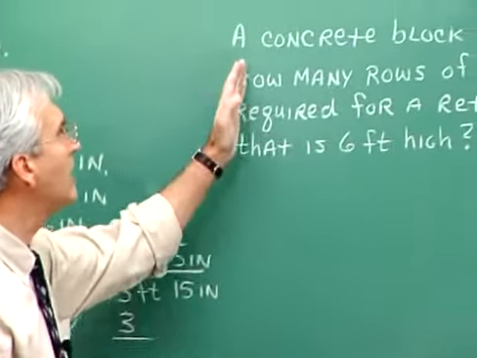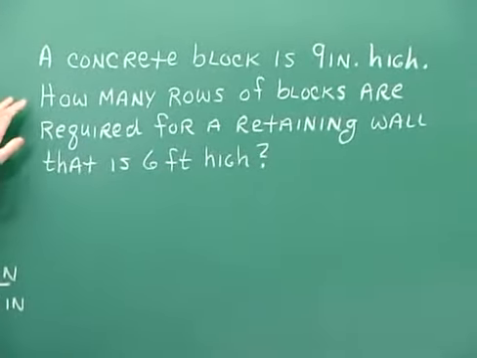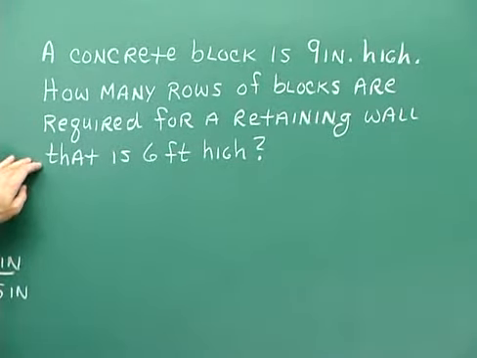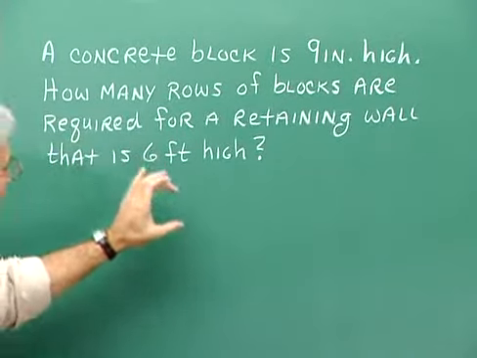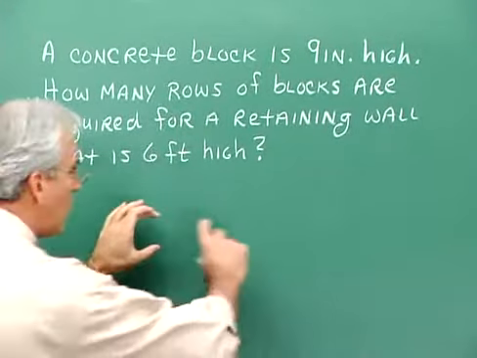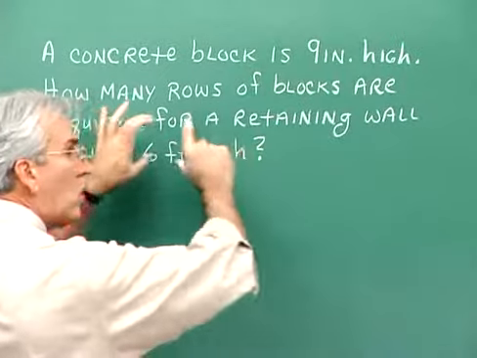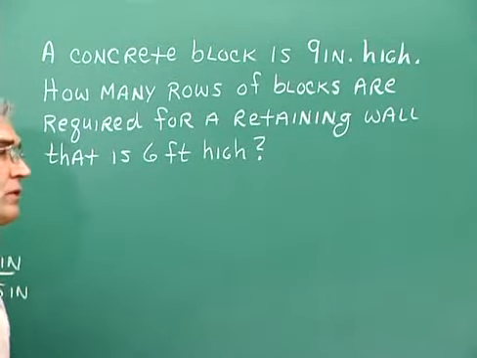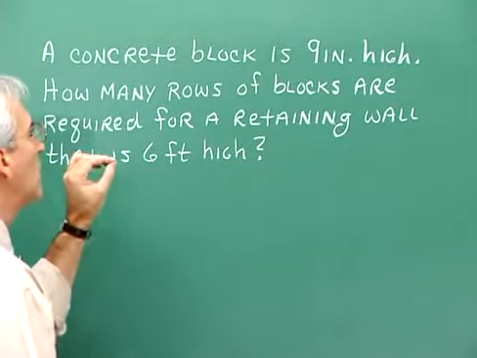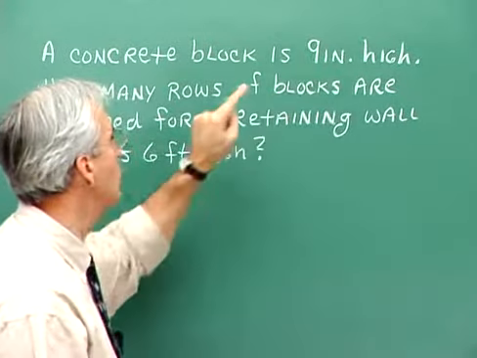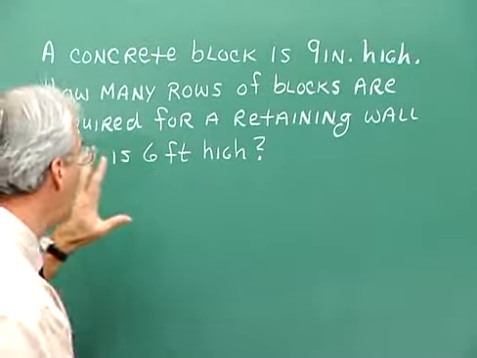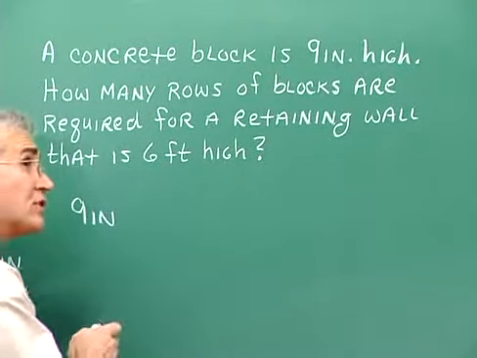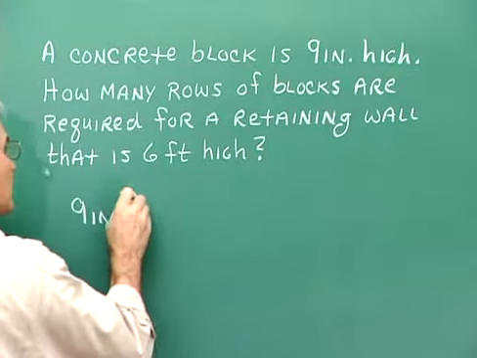Consider this problem. A concrete block is 9 inches high. How many rows of blocks are required for a retaining wall that is 6 feet high? So these 9-inch blocks are being stacked on one another, a row of them, row after row after row, you see, to make this 6-foot-high retaining wall. Now, how many rows do we need? Well, we need to know how many times the 9 inches will go into 6 feet. So what we're really doing is we're saying 9 inches, how many of these 9-inch units, you see, will go into